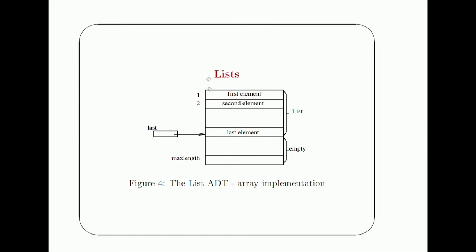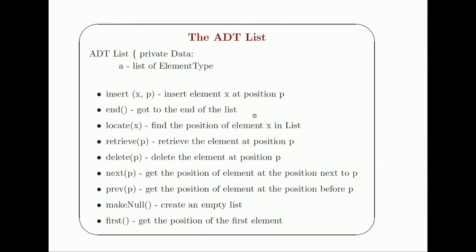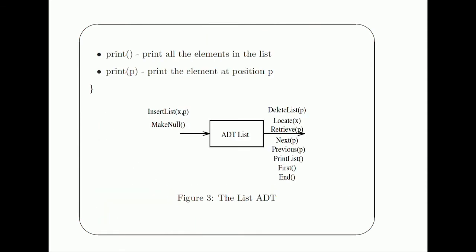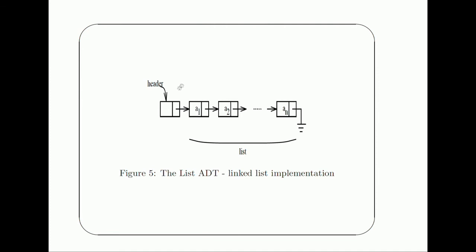So, you have some fixed array size and say the list cannot grow larger than this, and then you keep putting elements into this particular list. But the important thing is the list is accessible. Any element at any position should be accessible. That is what all these operations that we have defined help us to do. Then we have a header here. If I am using a linked list representation on the other hand, the access is via the header, but as far as the user is concerned, he should not know how the implementation is done. He does not have to go through the header or whatever. So, locate the element at a particular position P, it should return the element at that position P.